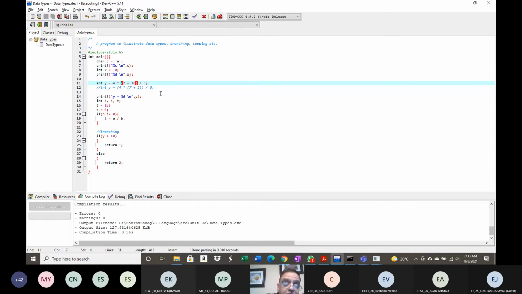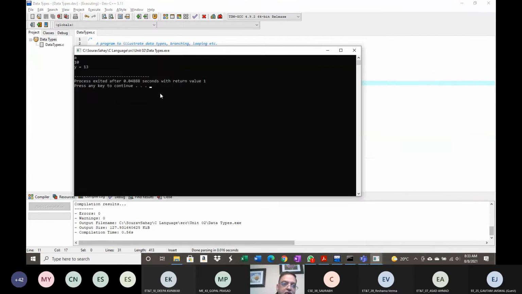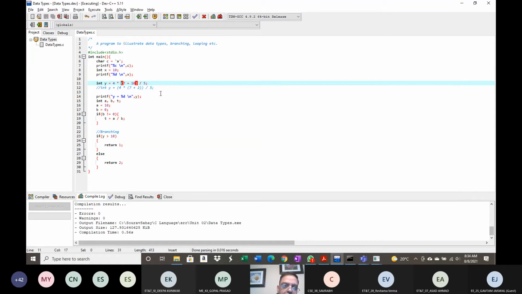17 divided by 5. Now because these are integers, it will give you the rounded value. So 17 divided by 5 will give you 3, and 3 multiplied by 4... 7 plus 10 is 17, divided by 5, so 3.